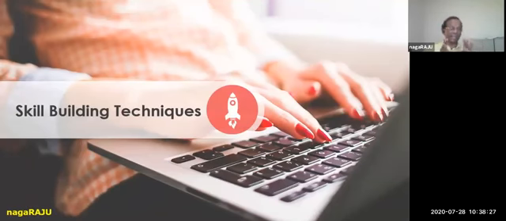So that is my view of what communication skills are. And the second thing, how to build these communication skills. Are there any techniques? Are there any tips? Are there any easy ways? Are there any shortcuts? Oh, I think books, large, huge books have been written about this topic, how to build